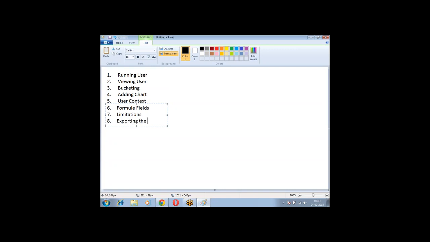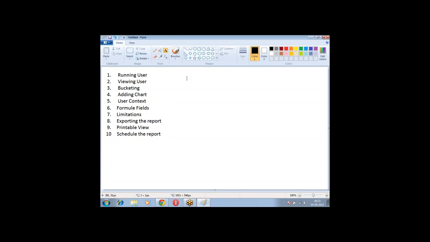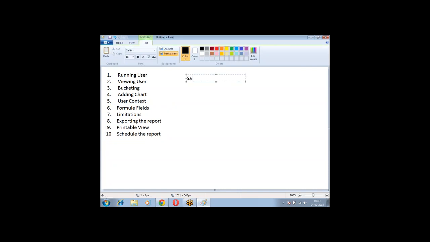Exporting the report, simple view, scheduling a report, schedule the report. So these are the terms what we have. Now let us start with the first one, running user. Now let us say Satish has created a report